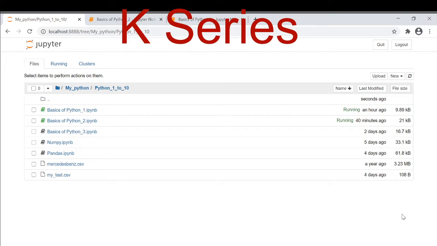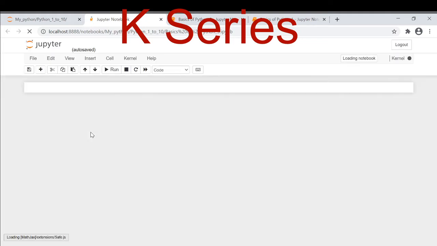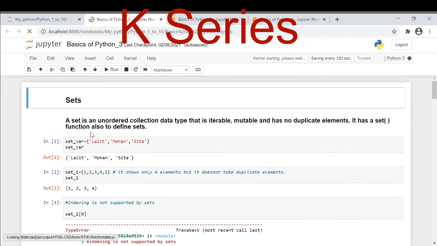Today I am going to cover basics of Python part 3, wherein I will cover data structures, that is sets, tuples, dictionaries. Now coming to sets, a set is an unordered collection of data type that is iterable and mutable.